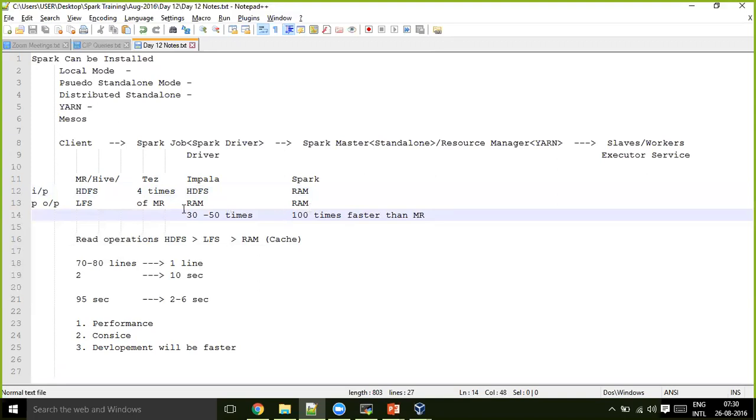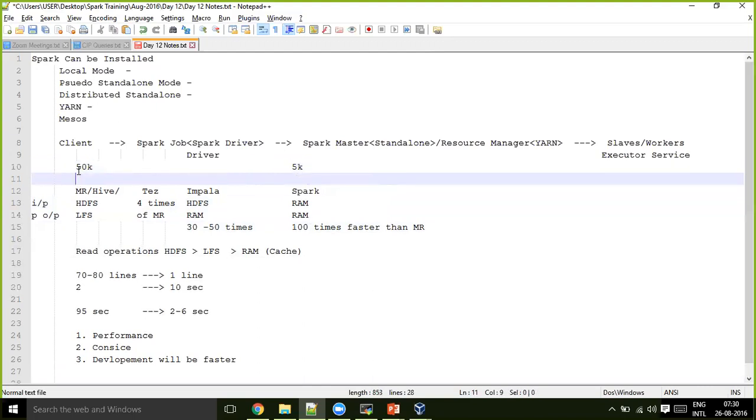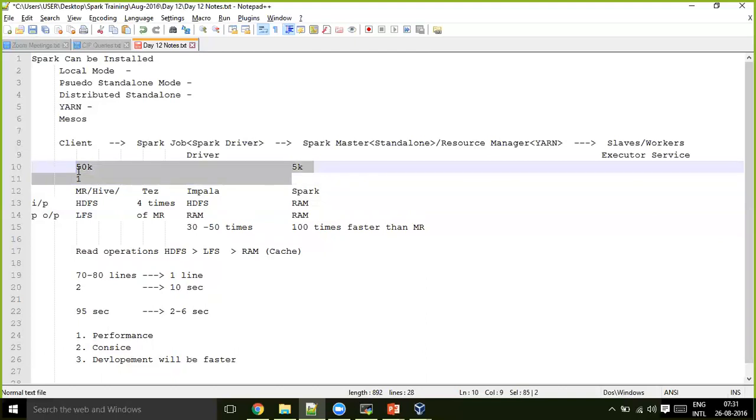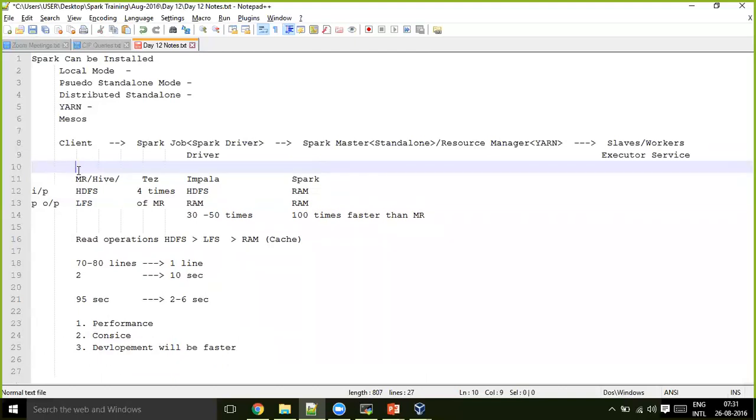It's like if this guy is earning 50K and this guy is earning 5 lakhs, and this guy gets a promotion to 1 lakh, does the other guy stay there only? That's the scenario here. So with the same configuration, Spark runs even faster if you allocate the same amount of RAM memory.